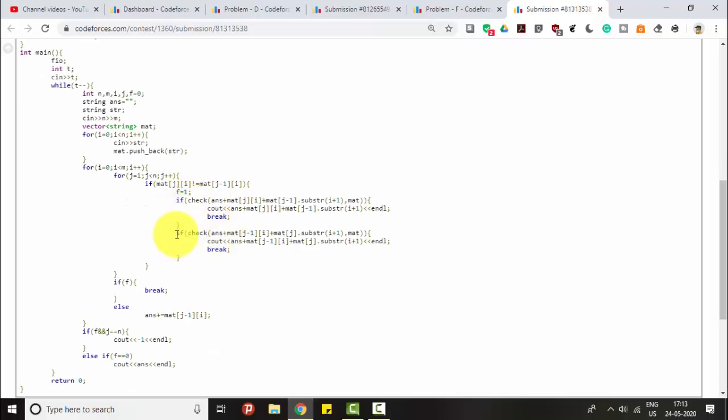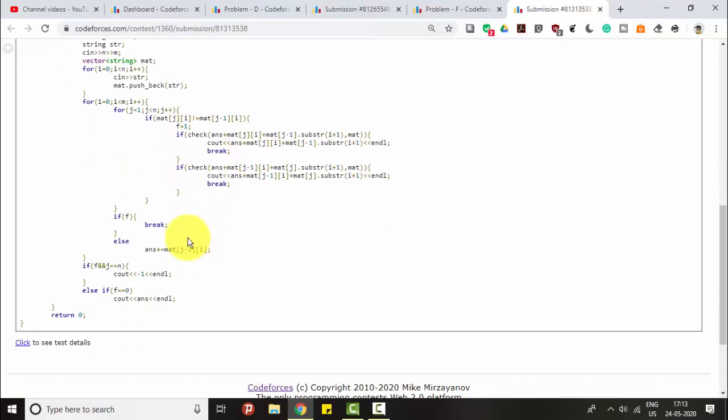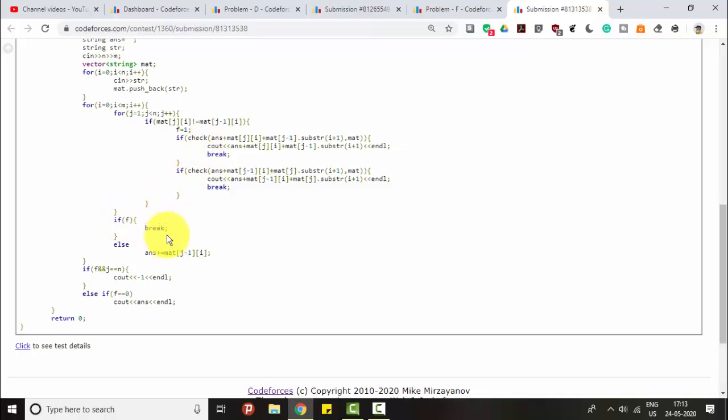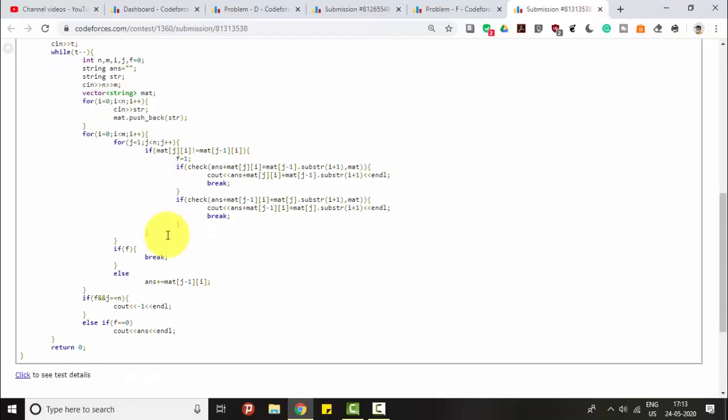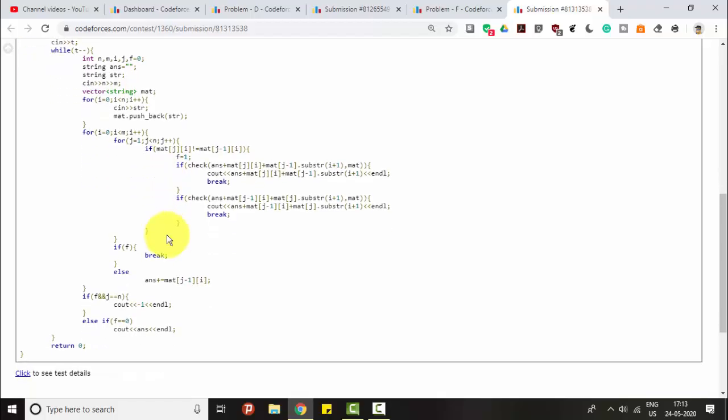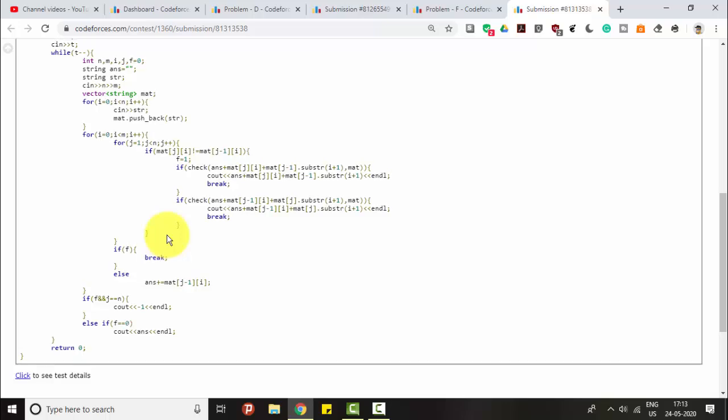Similarly for the other one, and if it finds a solution, then I'll break. Like if it's the same everywhere, then this is the final solution, and I'll come out of the loop.